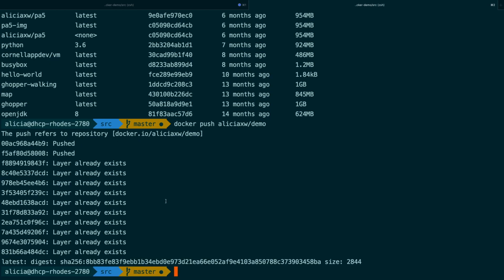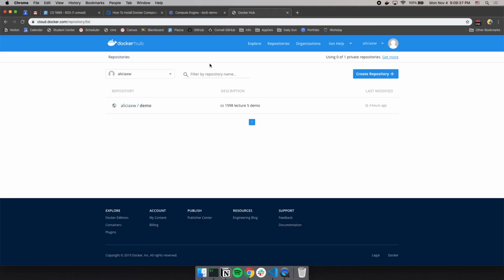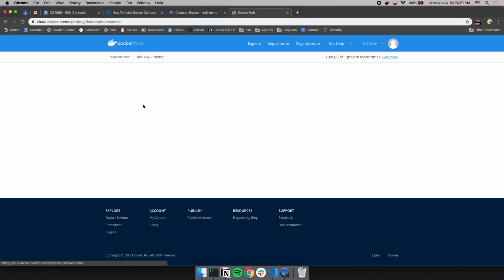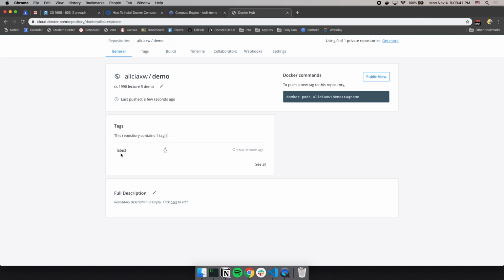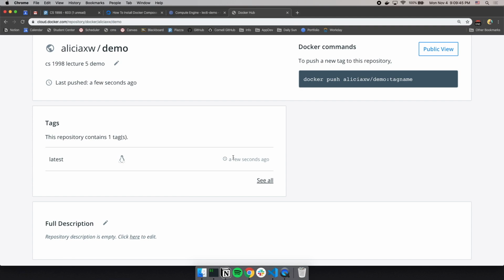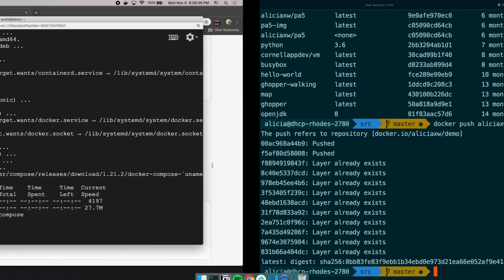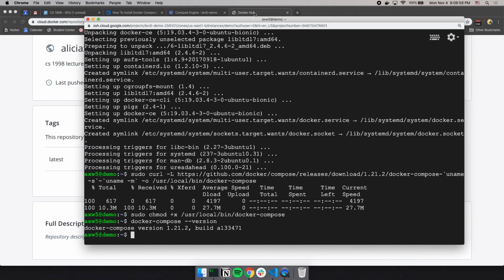Once this is done, we can go ahead and go to Docker Hub here. And I already have my repository set up. We can see, this is really small, my latest tag that I just pushed a few seconds ago. So it should be updated after you push it. All right, so now that we have our latest version of our Docker image on Docker Hub,